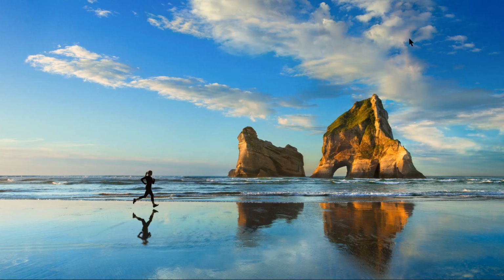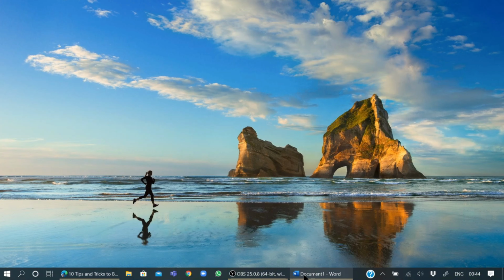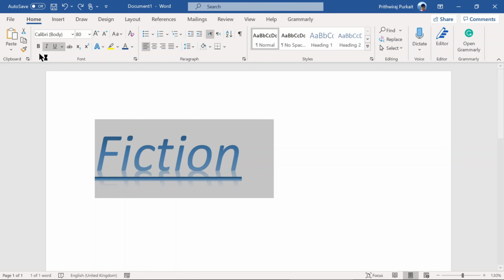The next feature is clear all formatting at once. It is very easy. So let me go to my Word document. So you can see "fiction" and you can see it's formatted a lot. I have increased the size from 11 to 80. I made it italics, underlined, and I have also given it some word art and changed its color to text color. So you need to just select the word and right click